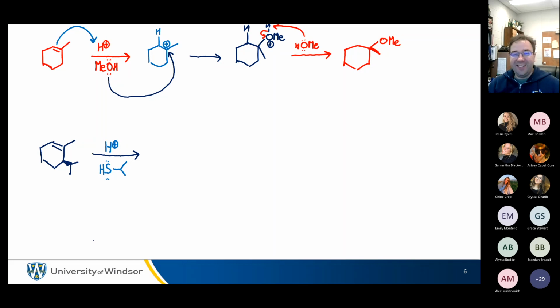Yeah, exactly the same thing. Sulfur, oxygen, same row, about the same acidity, same basicity. Yeah, sulfur stabilizes the negative charge a little bit better. Oxygen stabilizes the positive charge a little bit better. We're talking a little bit better, right? It's not going to fundamentally change how this reacts. So if you do this one,